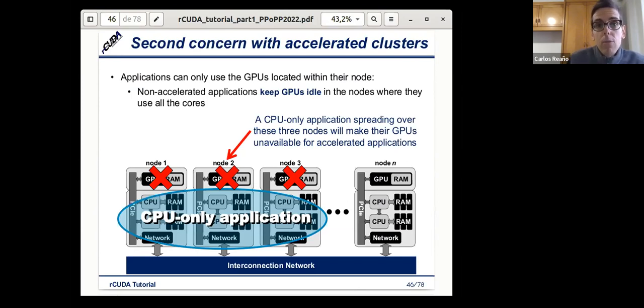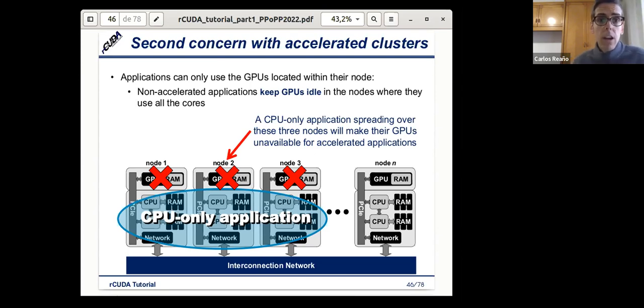The usual thing is that we have 1, 2, or 4 GPUs in a server, and if we want to use more GPUs, we have more difficulties in order to have such a server. So we have seen that one way in which remote GPU virtualization could be useful is precisely that, being able to use more than one GPU from one server by sharing the GPUs of other servers.